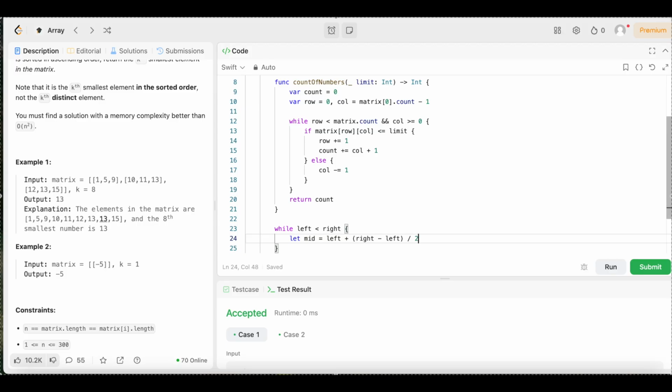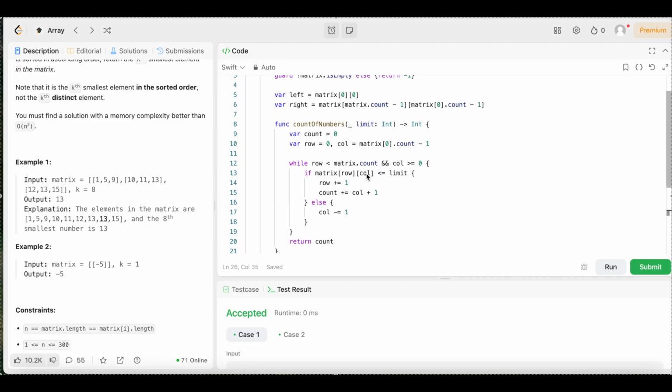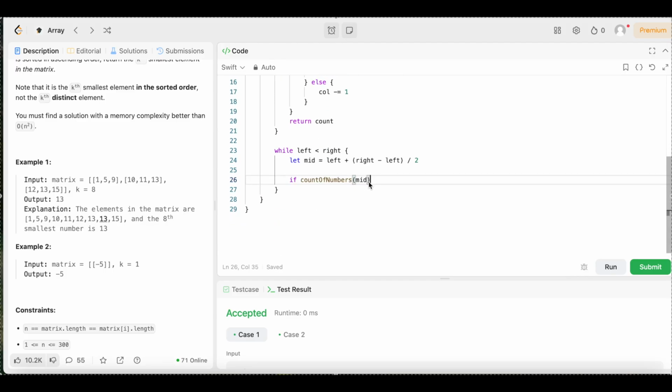Now, if there are fewer than k numbers less than mid, then we can discard the left half, right? So we're going to say if count of numbers, open up the parentheses, pass in mid, because that's what our limit is going to be up here. The limit right now is mid, so we're going to say if count of numbers, we're going to pass in mid, is less,